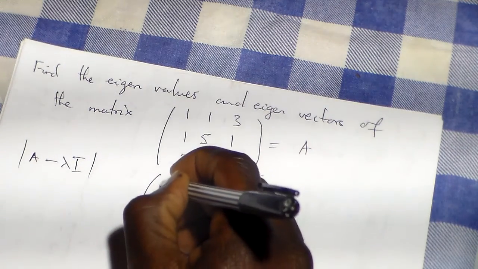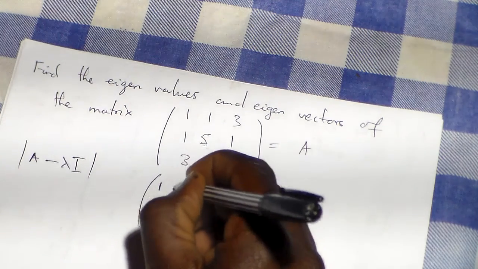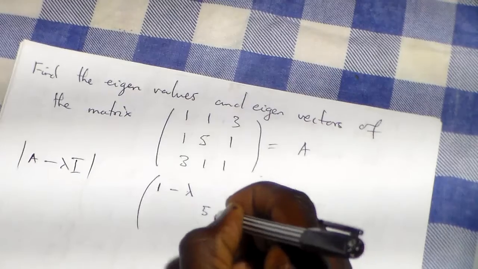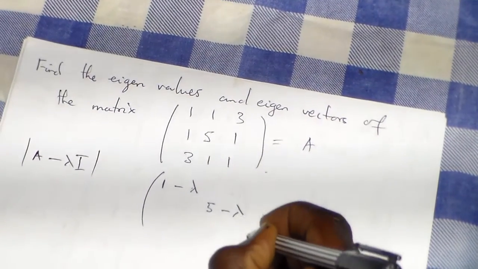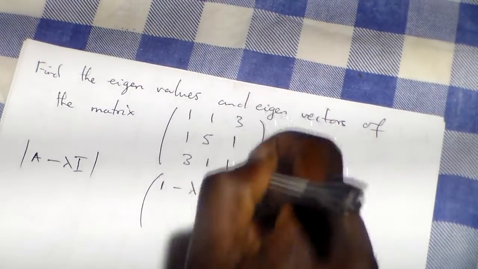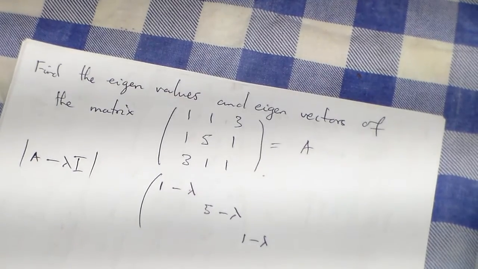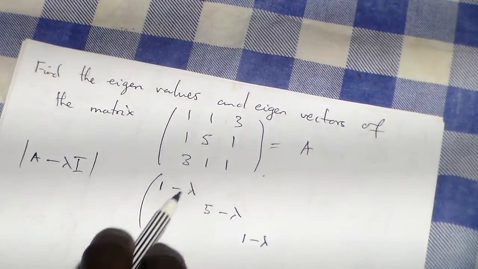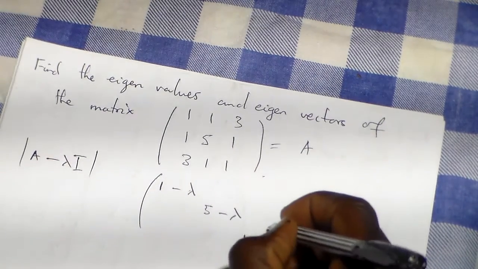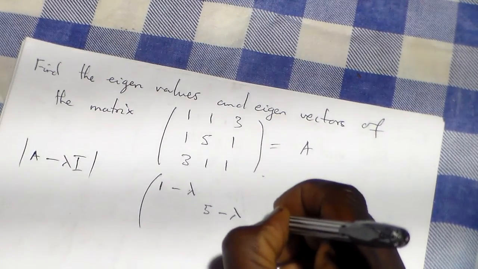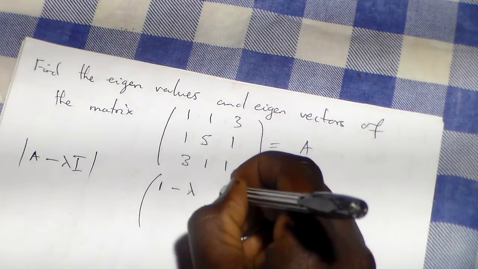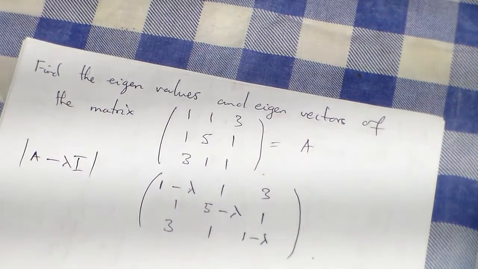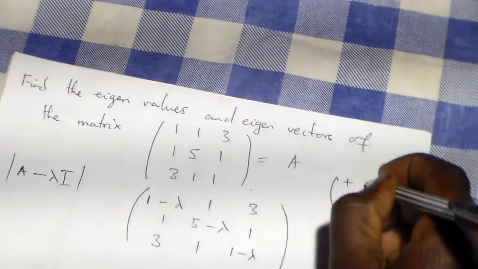A minus lambda times the identity matrix. The identity matrix for a 3 by 3 matrix will be having diagonals of 1 1 1. Okay, so saying here 1 3 1 1 3 1. Okay, so I'll be making use of these